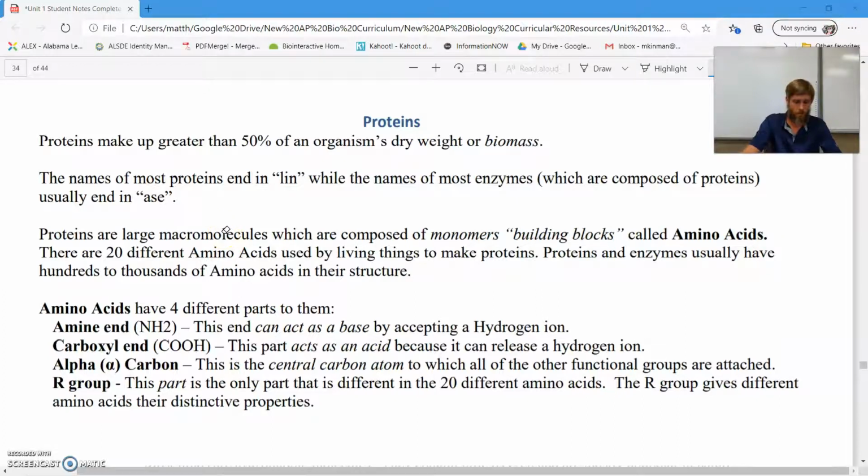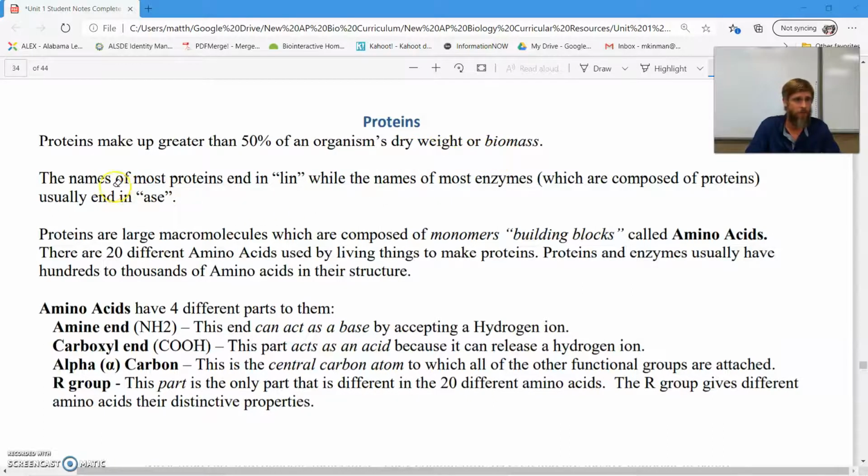All right, so in this video, we're talking about proteins. Protein is a word I think is used very loosely in society. People say protein for a lot of things, but what exactly is a protein? Well, first of all, as it says here, proteins make up greater than 50% of an organism's dry weight or